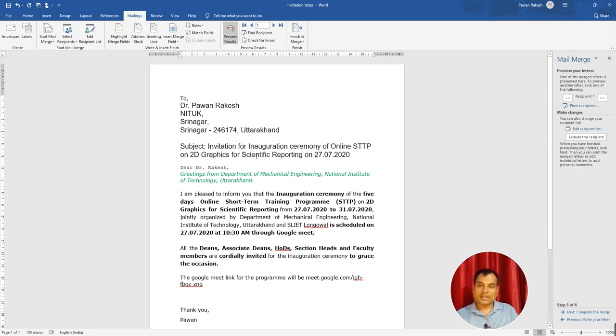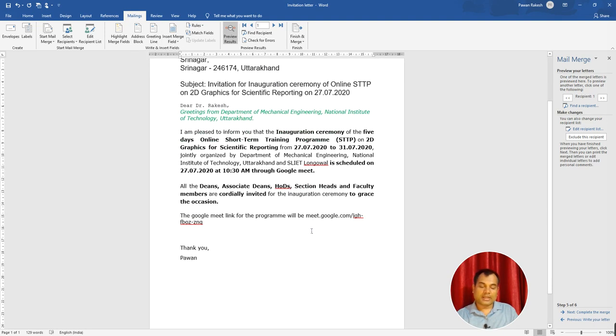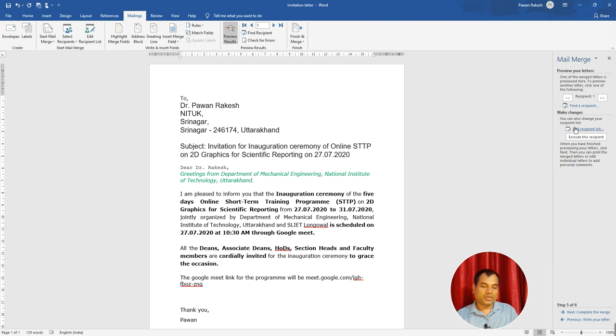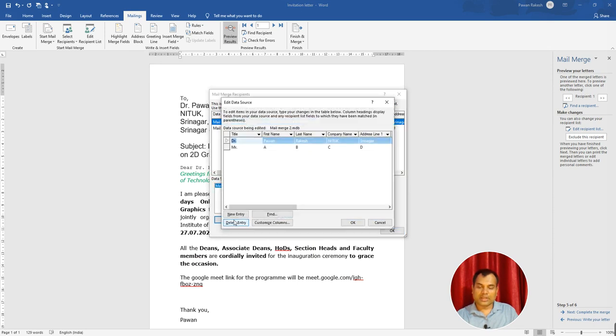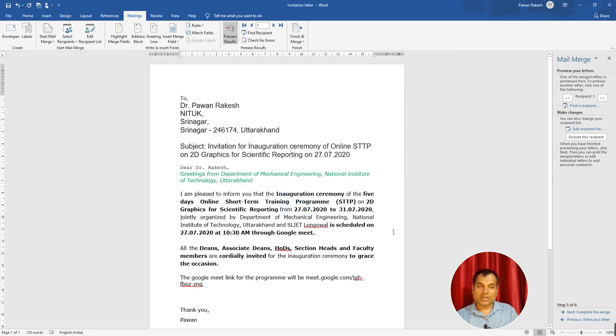So you can see here these are your letters. No email, no address on the second line, so it will not add it. And you can see the name, dear Dr. Rakesh, the first and last name is mentioned in this address block. You see here is the address block. You can select it, and by selecting this you can complete. If you want you can edit also. If you want you can edit your list also here. You select it, this mail merge, you can edit it. I don't want to edit, okay.